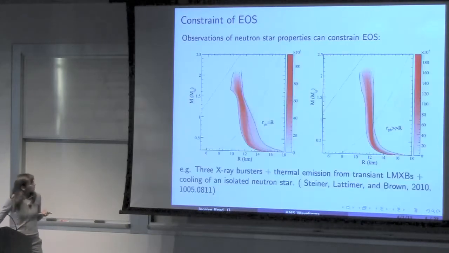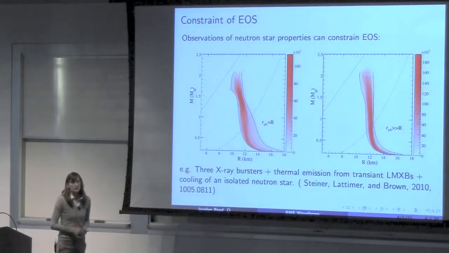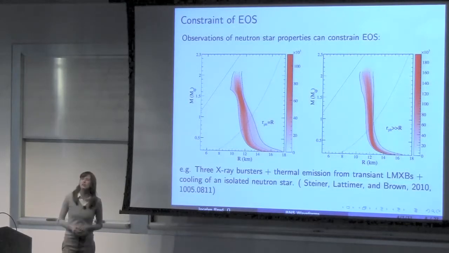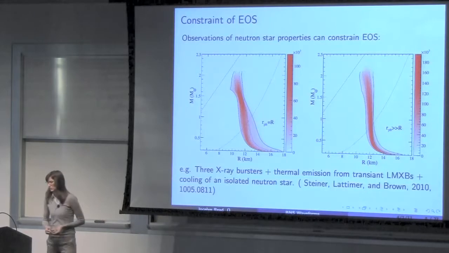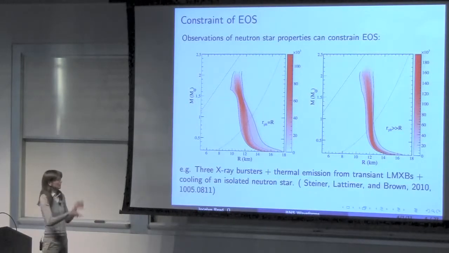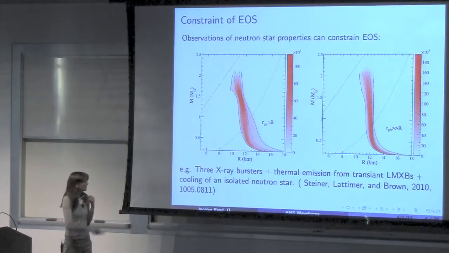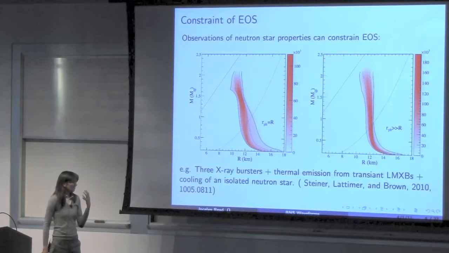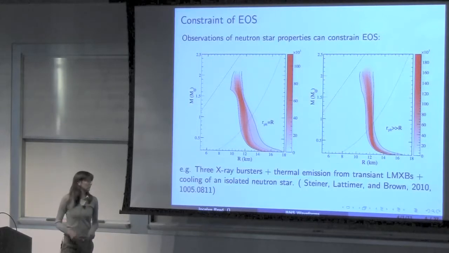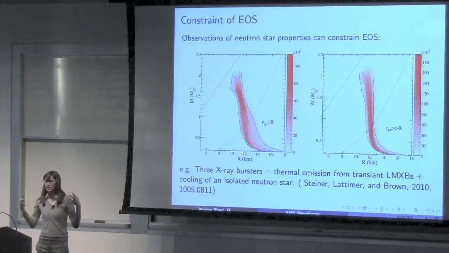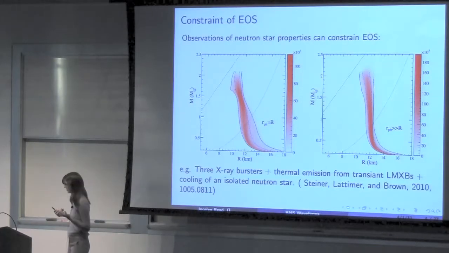And one nice recent astrophysical example is coming from a combination of several electromagnetic observations. So this is work by Andrew Steiner as well as Latimer and Ed Brown. And by combining three X-ray bursts, thermal emission from transient low-mass X-ray binaries, and the cooling curves of an isolated neutron star, feeding all this in to what this